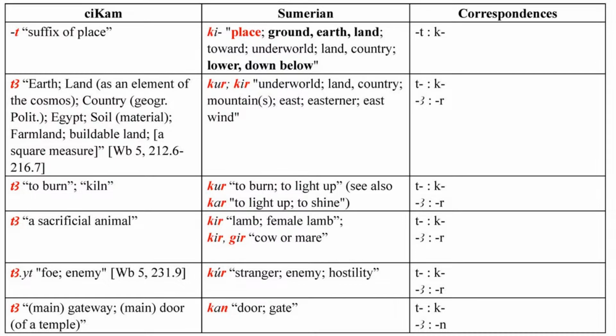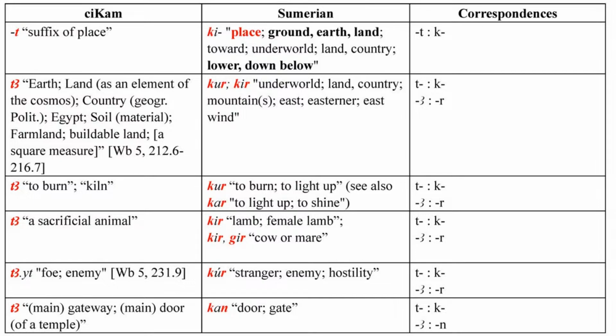And so the T suffix in Egyptian is the grammatical morpheme in the ancient Egyptian language. So in this table here, we have a series of correspondences. And so we have the T suffix of place in Egyptian that is attached to the word Kim. And then we have this word Ki in the Sumerian language that means place, ground, earth, land, toward, underworld, land, country, lower, down, below, right? And what I argue in the text regarding the race and identity in ancient Egypt towards an etymology of the place name Kemet, is that the T suffix derives from